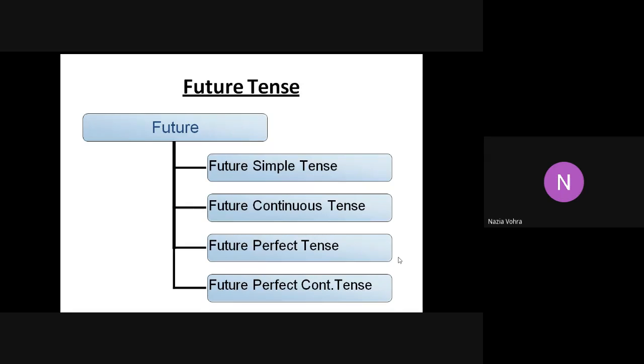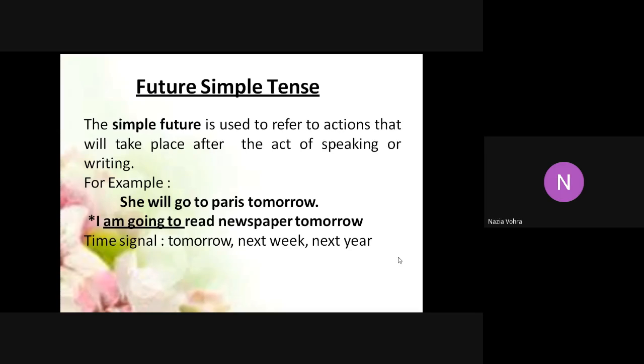Okay, same way for the future tense. It is going to be future simple tense, future continuous tense, future perfect tense, and future perfect continuous tense. Now for the future simple tense